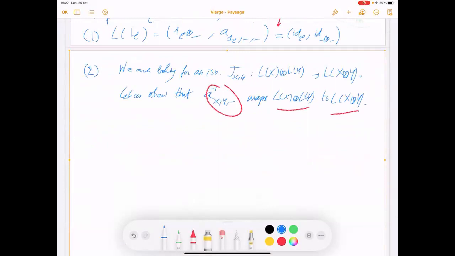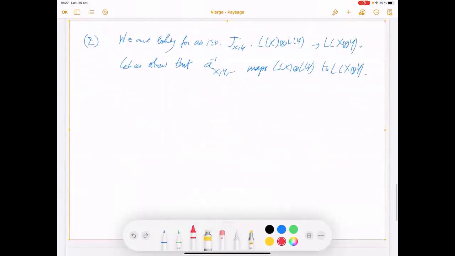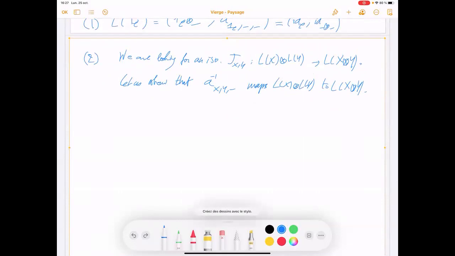But I want to clarify for you why this maps that to that. So, okay. First, what is